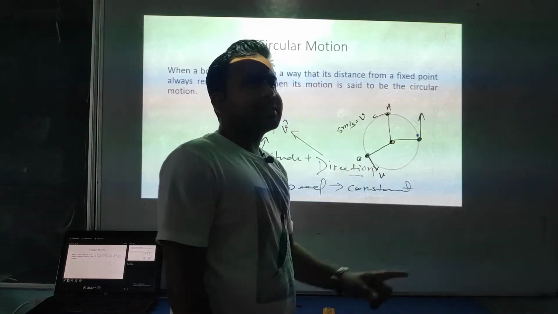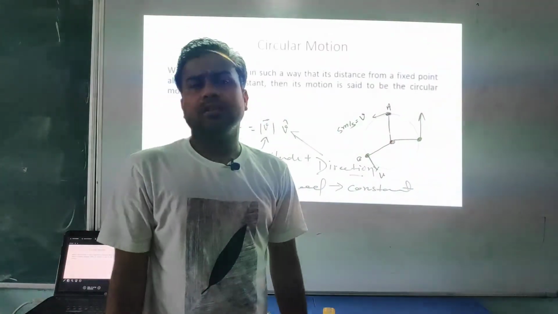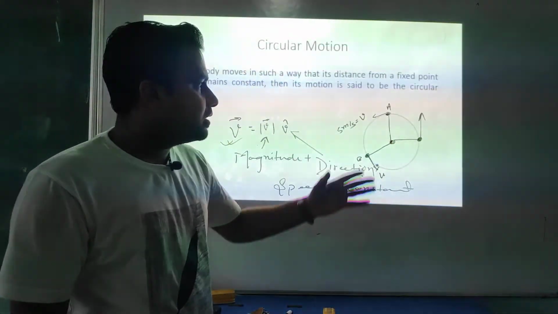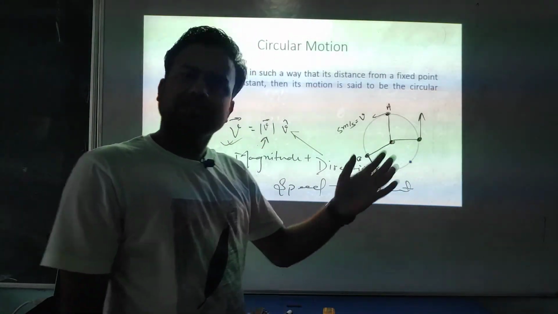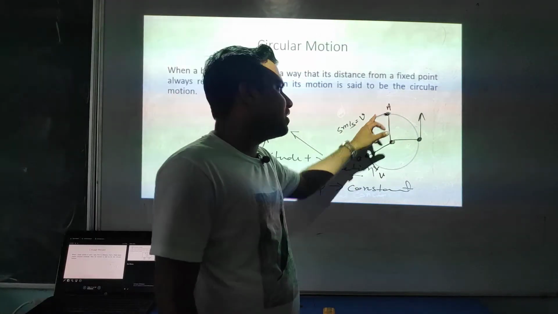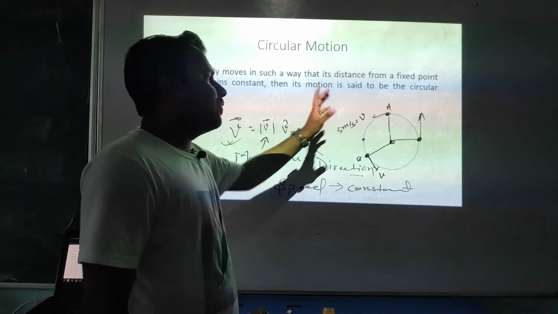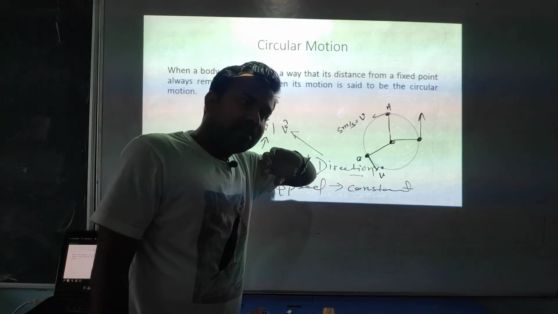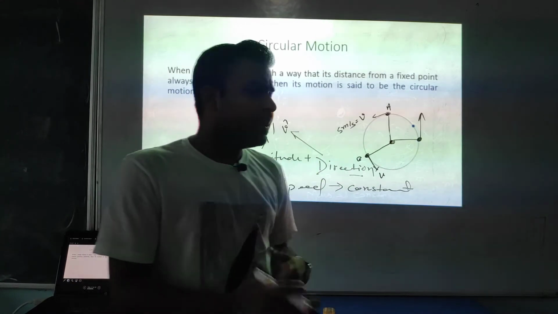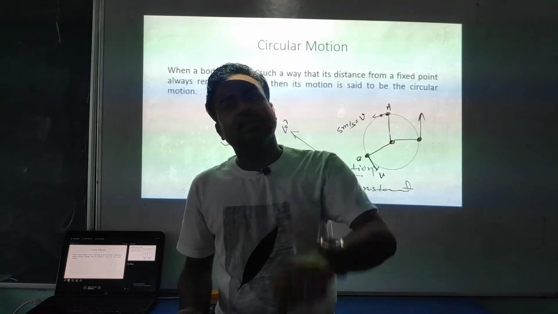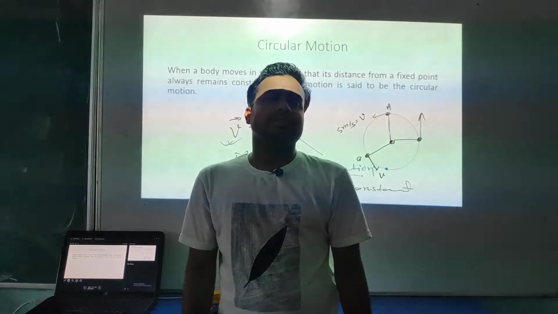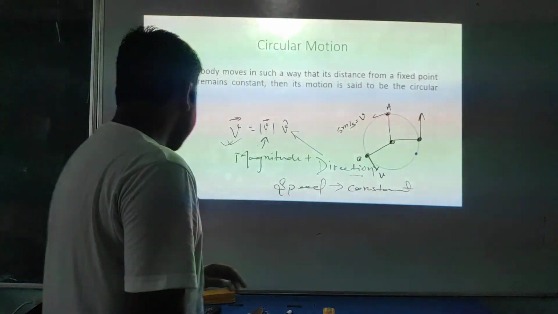If it is changing direction, it means something is present there and a force is applied there. That force is what we'll discuss later. So centripetal, centrifugal, these things we'll discuss. Then you can understand that acceleration is changing this velocity. That direction change is happening here. Why? Because there is an acceleration present. Whenever the velocity changes, it means there is a force present, and if a force is applied on a particle, it means there is an acceleration. Okay student, I suppose you all understand.